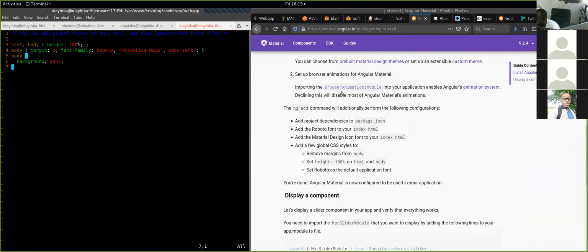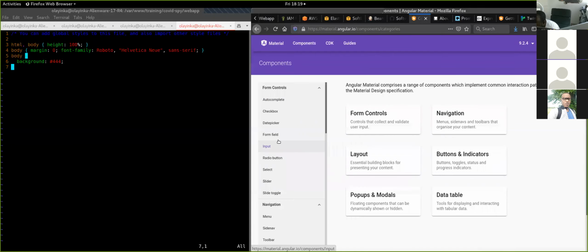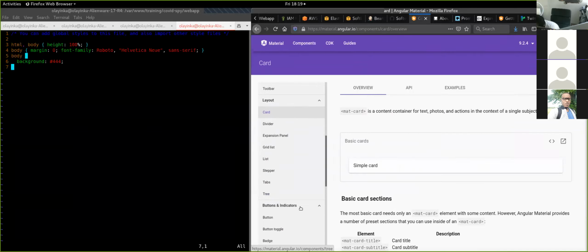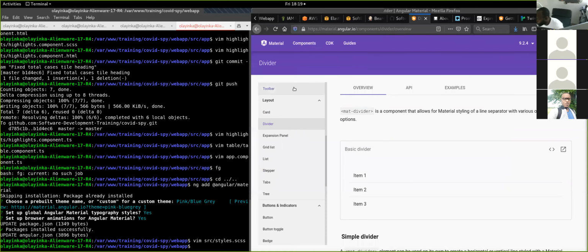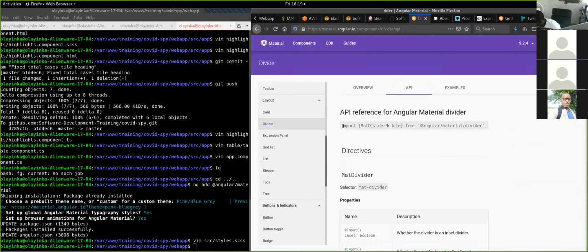And let's try that out. So let's go into component here. And let's just try to add a card. Or let's try to add a divider. So in using Angular Material components, if you come to the API here, it tells you how to import that component. And what we'll do is